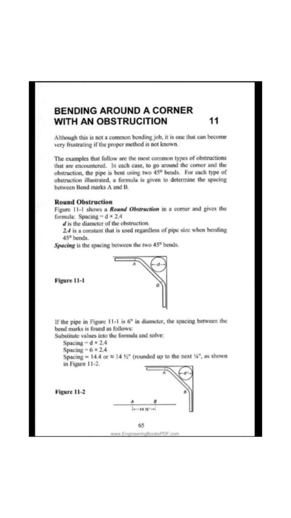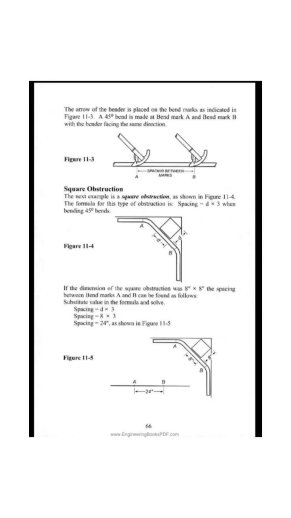Substitute values into the formula and solve. Spacing equals D times 2.4. Spacing equals 6 times 2.4. Spacing equals 14.4, or 14 1/2 rounded up to the next eighth, as shown in figure 11-2. The arrow of the bender is placed on the bend marks as indicated in figure 11-3. A 45 degree bend is made at bend mark A and bend mark B with the bender facing the same